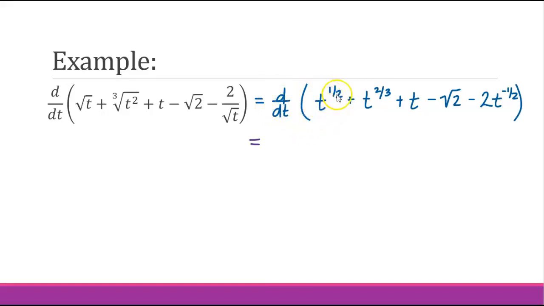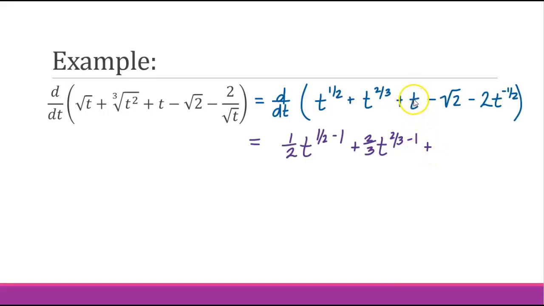So here I'm going to multiply by the 1/2 in the front, so I have 1/2 t, and then I'm going to subtract 1. So I'm going to show this little bit of arithmetic here. So I have 1/2 minus 1, and then plus here I would bring the 2/3 to the front. So 2/3 times t, and then it'd be 2/3 minus 1,